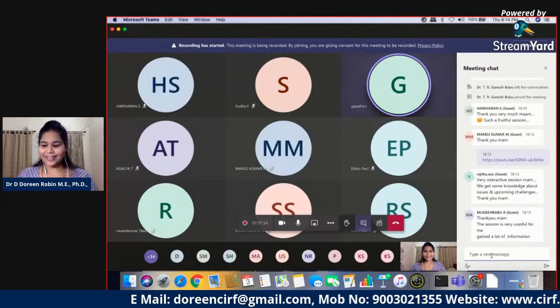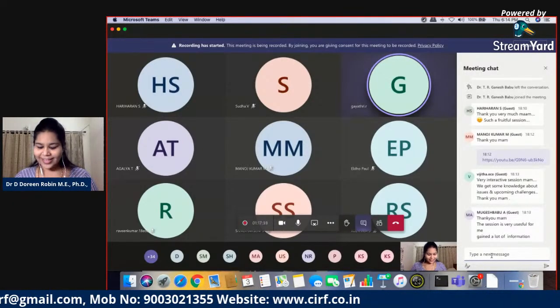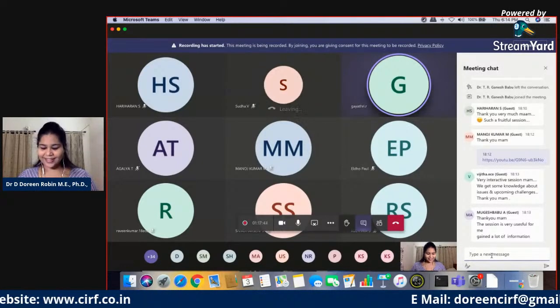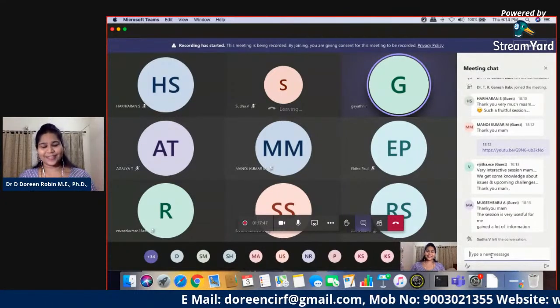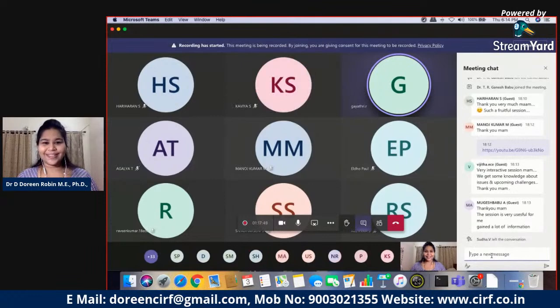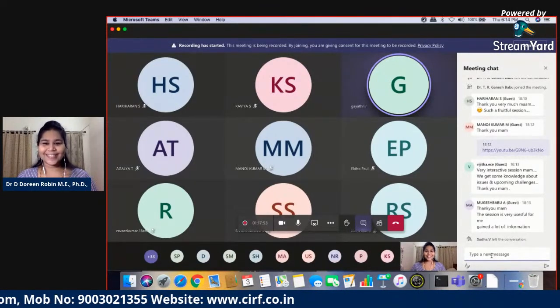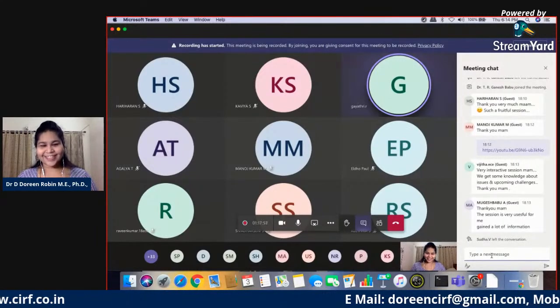Most of our students started doing projects in machine learning. They have already learned Python, because along with MATLAB, they have started using Python and other software tools. So I hope this session would be very useful to all the faculty members, the research scholars, and the students doing projects in the area of image processing.